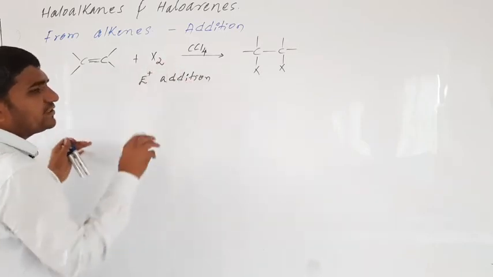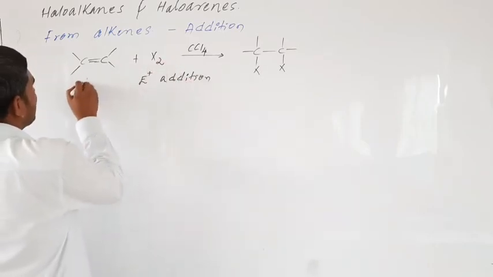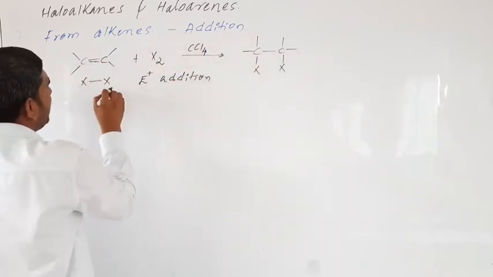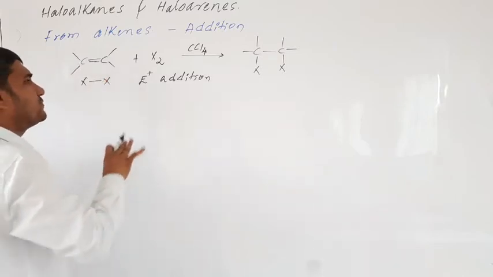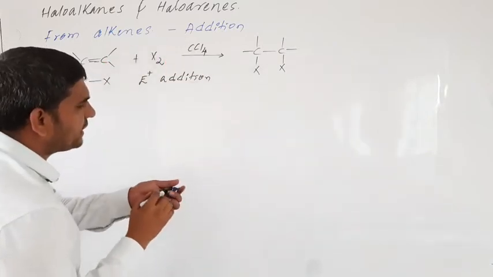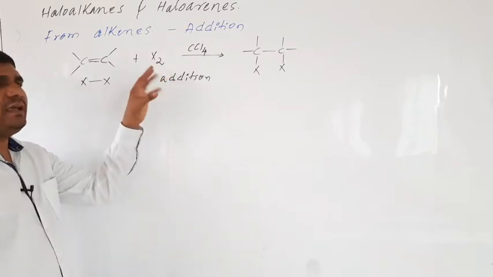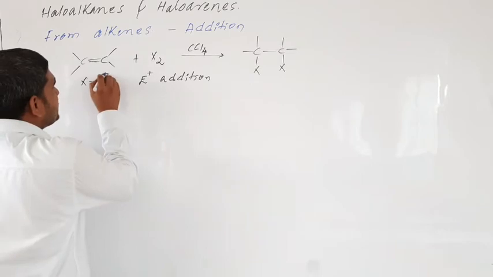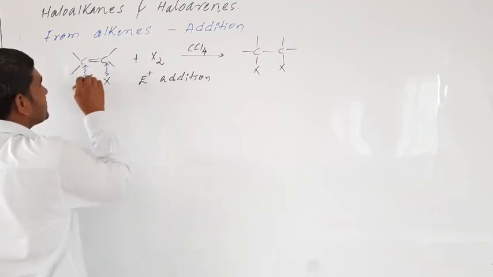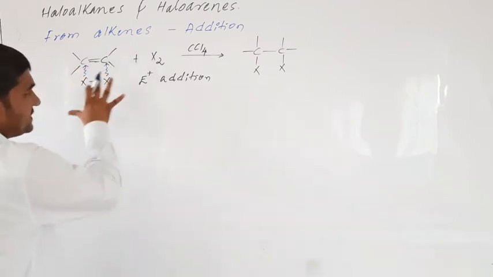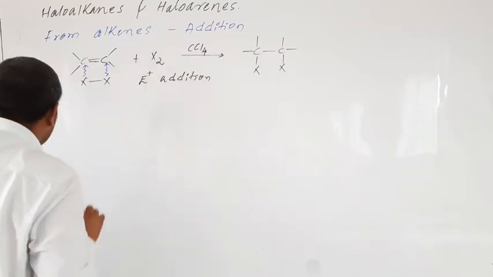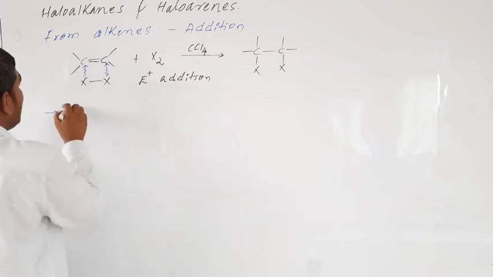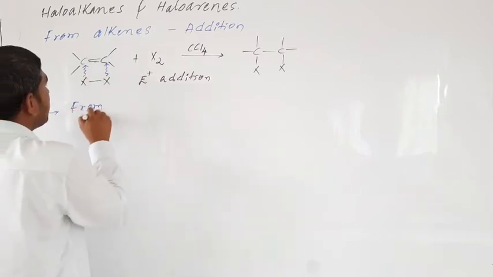By looking at the reaction itself, we will come to know that this is an addition reaction, because over here the double bond is converted into a single bond. I have given a clue: whenever an unsaturated compound is converted into a saturated one, addition takes place. Because of addition only, the unsaturation is converted into saturation. This is one of the methods. That's not important here. Next method is from alcohols.